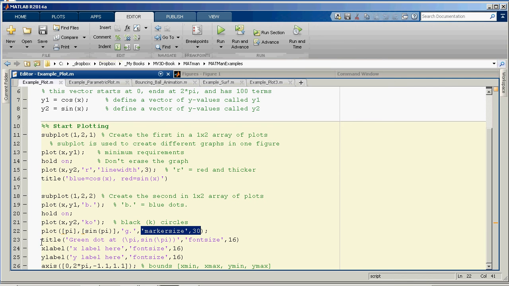And then I do title, which creates a title. And you can get pi in your title by doing \pi. And xlabel for creating an X label, ylabel for creating a Y label. You can define the font size if you want to make it bigger. And then this axis command tells me what my axis bounds will be. So basically it goes X min, X max, Y min, Y max. So I'm going to go from 0 to 2 pi on the X axis,